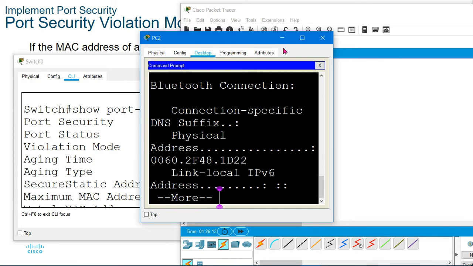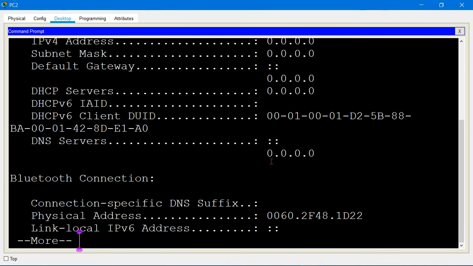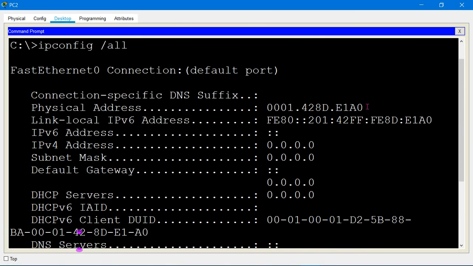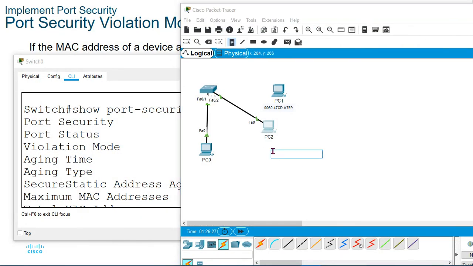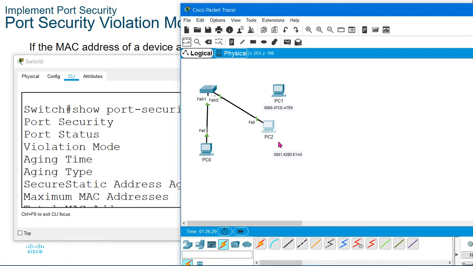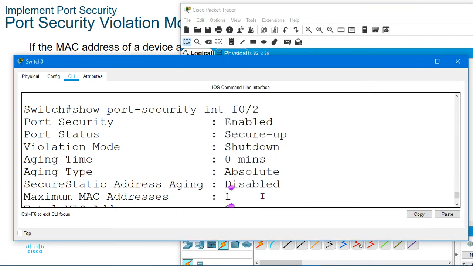Now I will show you what is the MAC address of this PC2. The MAC address of this PC2 is, okay, I will copy this. Once again I will execute and then I will show you the command.